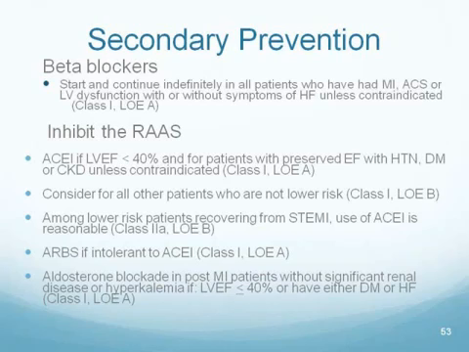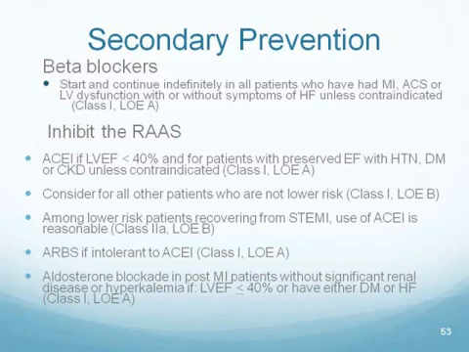And they should also be considered for all other patients who are not at lower risk. And the other drug to consider in terms of blocking the renin-angiotensin-aldosterone system is an aldosterone antagonist, so spironolactone or